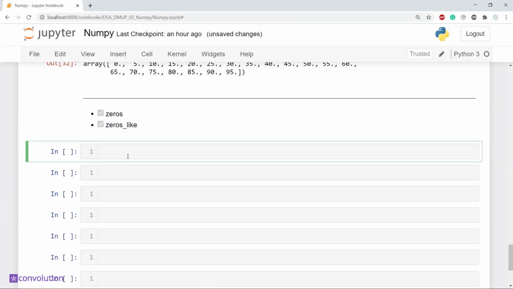Hello everyone, welcome back. Let's try to understand another method called zeros and zeros_like. Zeros and zeros_like are very useful methods when you're initializing an array. So let's see how to create a zeros array. So np.zeros,